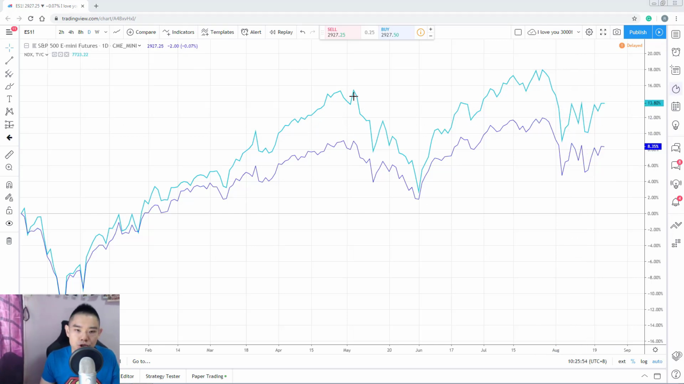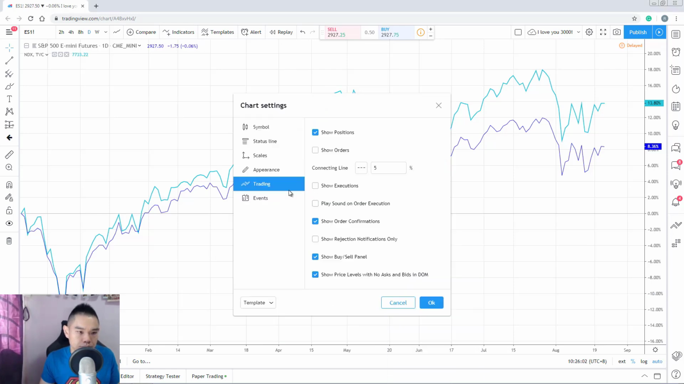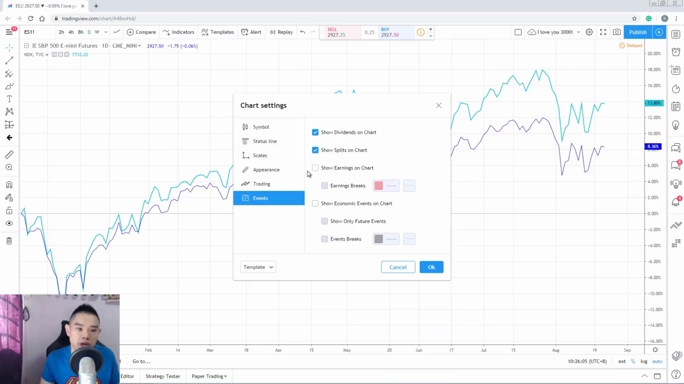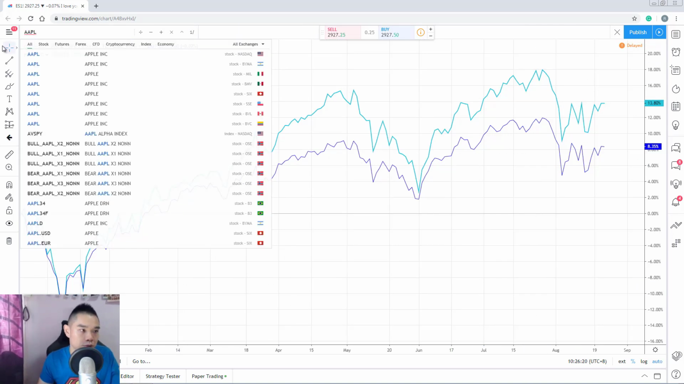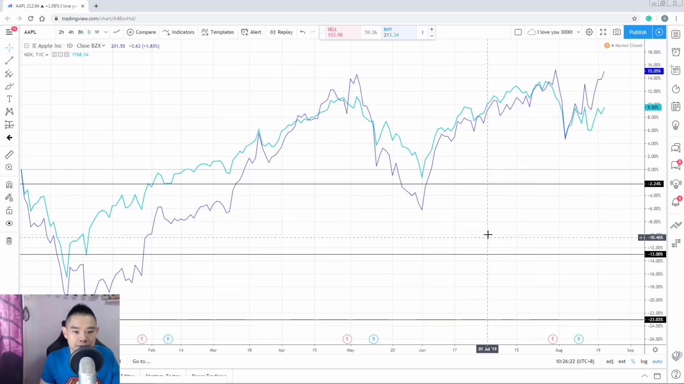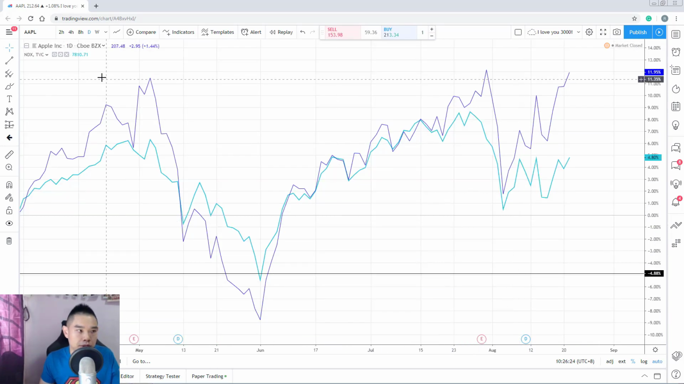Another thing to share is economic calendars. Especially if you trade stocks, you want to know when earnings is coming up. It's useful. You can go to settings, go to events, and turn on your earnings and economic calendar for those of you who trade forex. Say, for example, you want to be concerned only with the future events. Check this box, press OK. Now you see nothing here because there's no economic news on the indices. But if you go to Apple in this case,